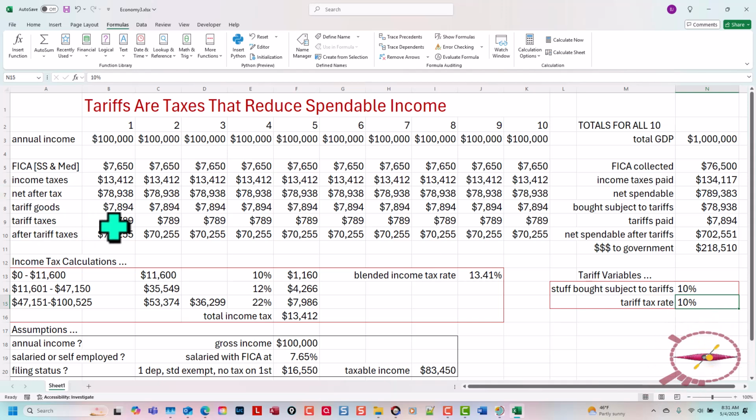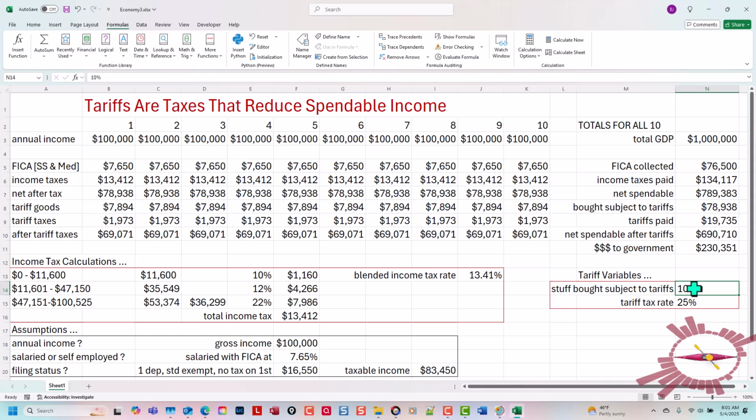Accordingly, we're going to pay $789 of tariff taxes, which will give us $70,255 of remaining cash to buy the rest of the stuff that we would normally want to buy. I want to point out that although the tariff taxes are fairly low, they do represent a loss in buying power. Let's look at this again, but assuming that the tariffs are at a higher rate, let's say 25%,